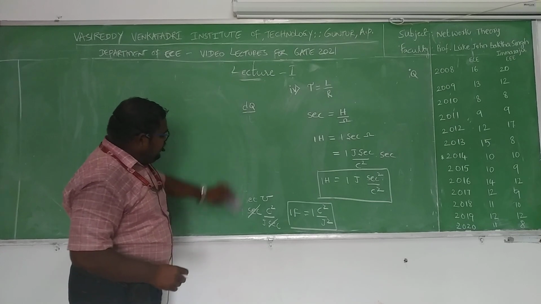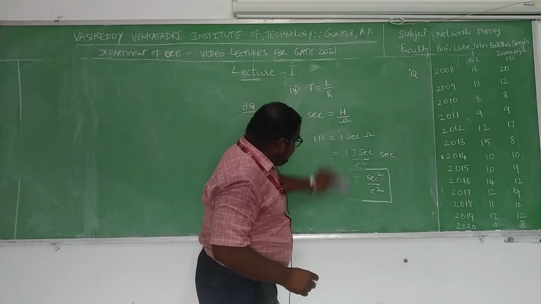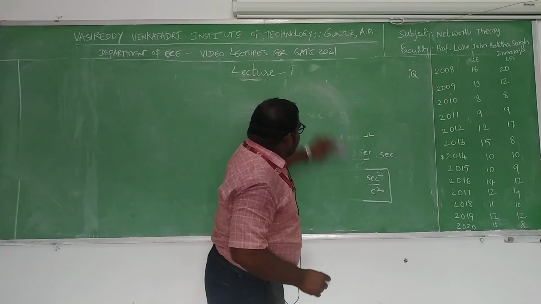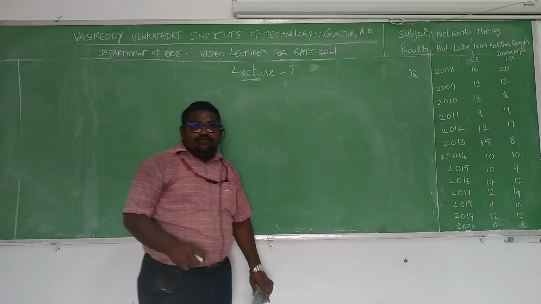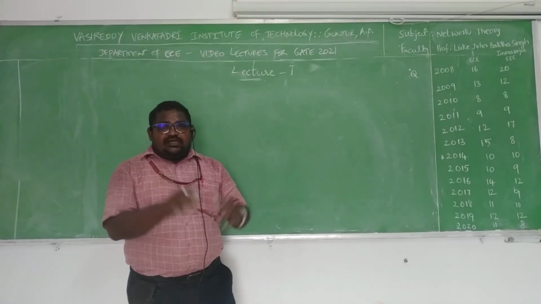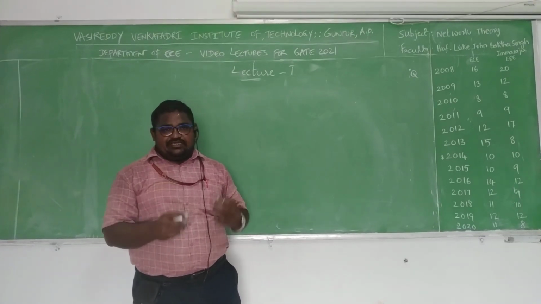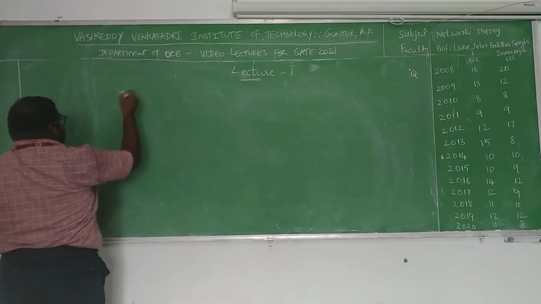We know various types of elements such as voltage source, current source, resistors, inductors, and capacitors. So these five types of elements we have, and these 5 types are the major components in the network. But how do we classify these 5 elements? The first classification of the network elements is